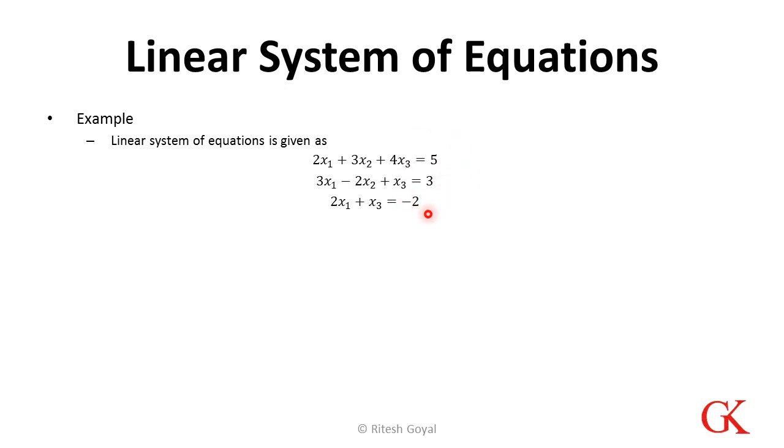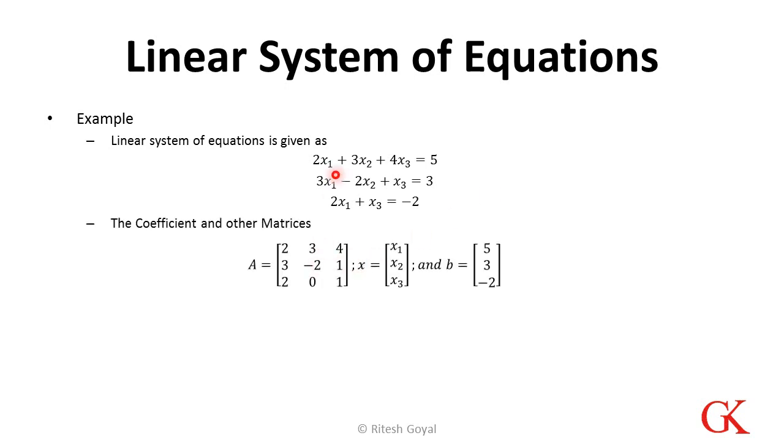What do we have to do? We have to put these equations in the form of a matrix. So when we put it, it basically comes like this, where we see this 2, 3, 4 comes as a row in matrix A. 3, minus 2, 1 becomes the second row. 2, 1, basically here x2 is missing, so it becomes 2, 0, 1. That's the third row. X is an unknown vector which is x1, x2, x3 in the form of a vector. B is the resultant 5, 3, minus 2. So it's very easy. You take the numbers in the same order and frame this A, X, B matrix.